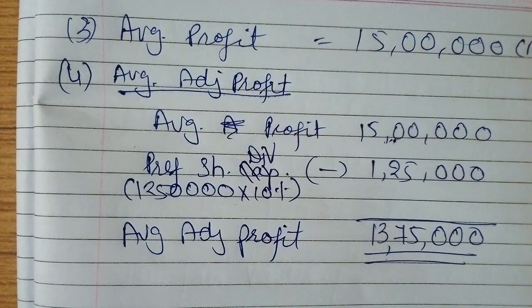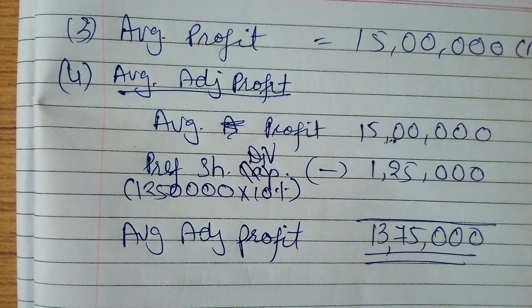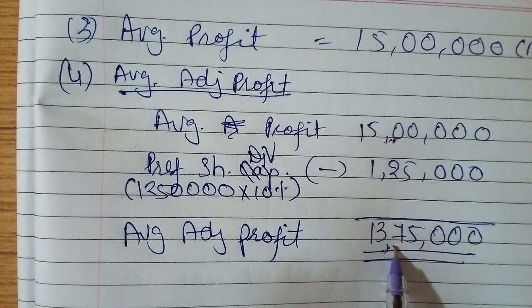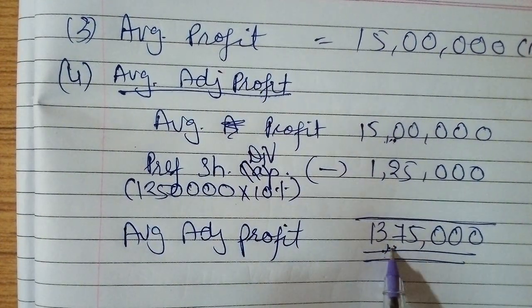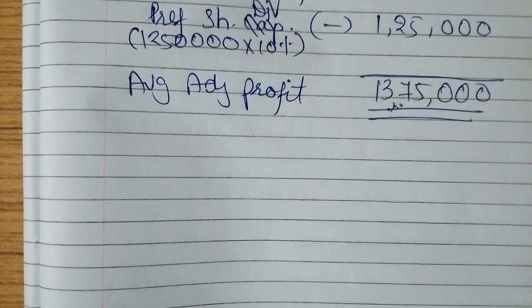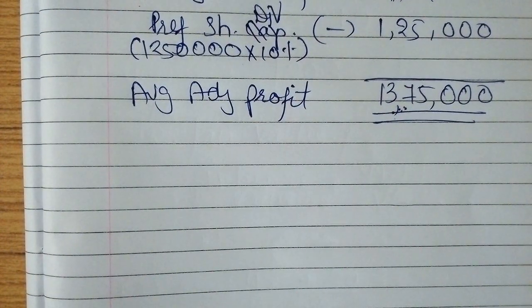You should remember guys, amount transferred to general reserve is not going to be deducted at the time of calculating valuation of goodwill, right? That we will consider only at the time of valuation of shares, because the share value would be decreased by that extent, because the shareholders will get less amount because a certain amount is transferred to general reserve, whereas goodwill is judged on the profitability of the business. So this would be the profit for the calculation of goodwill, right? So here we are ignoring the amount transferred to general reserve. That will be taken only at the time of calculation of shares.